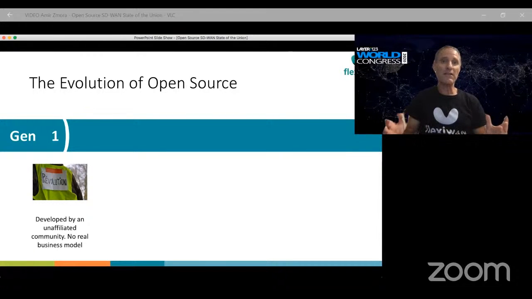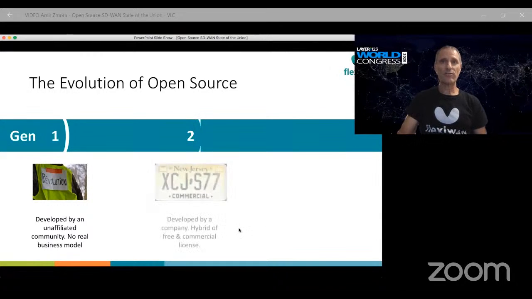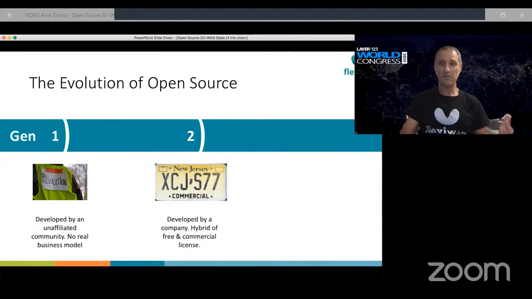It's not a company that is initiating this. It can be some people in the garage and more people joining the community and coming out with something great. The next generation already has a business model behind it and comes from companies. And these can be solutions that would be available as open source. You can take them, compile them, use them,